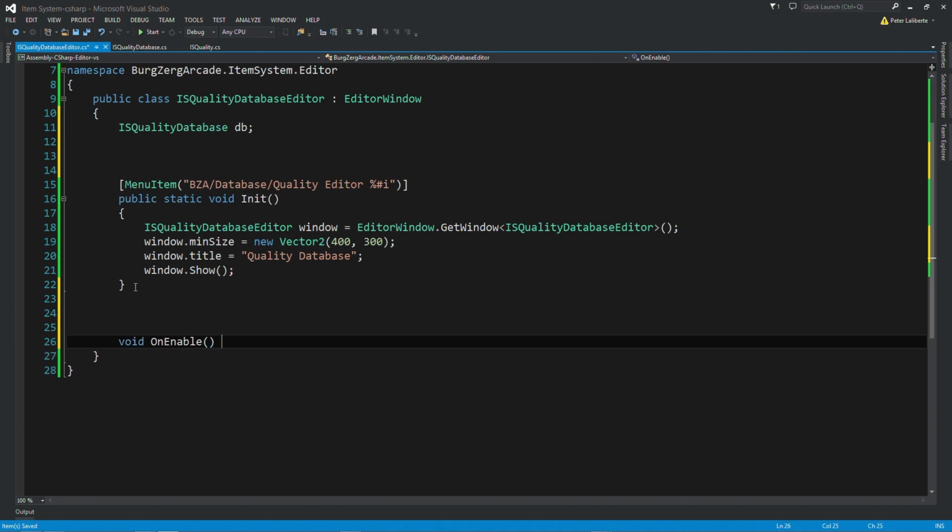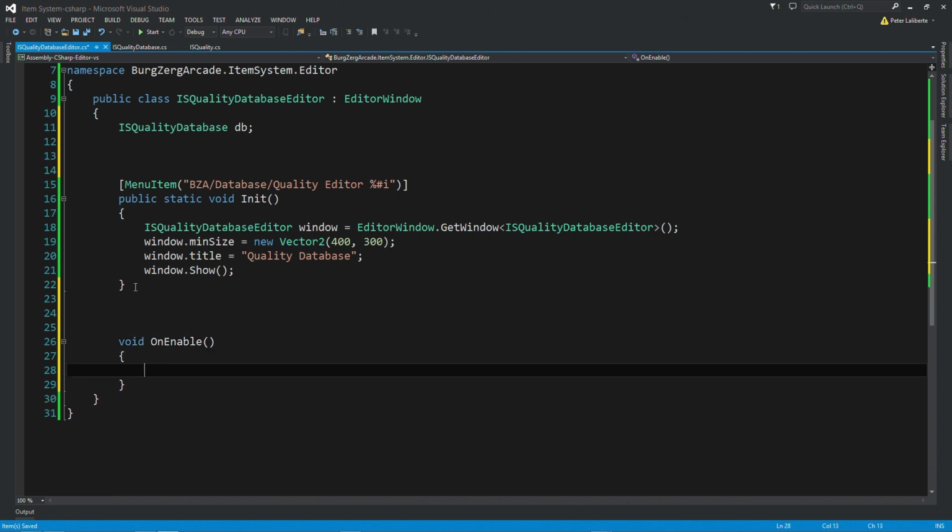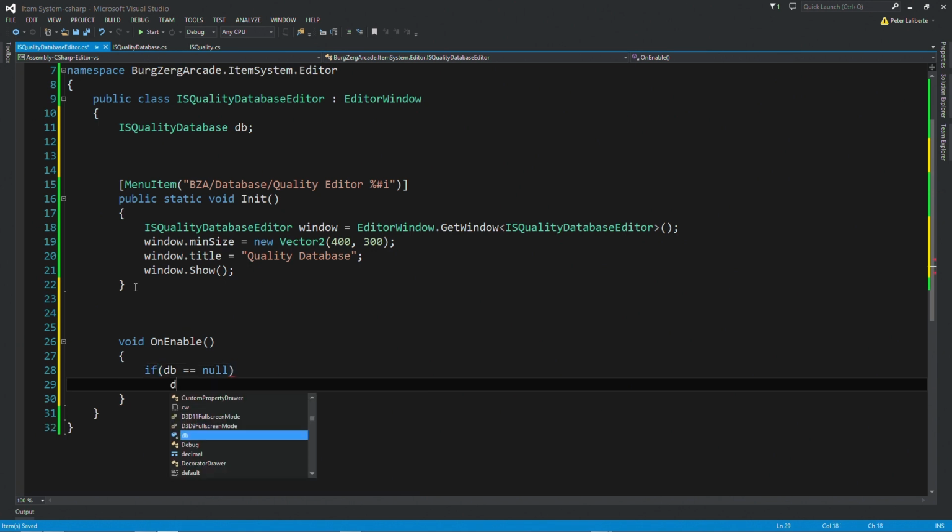This is given to you automatically. And in here, I want to go ahead and check to see if we actually have an instance of the database or not. And if we don't, go ahead and create one. So if DB is equal to null, so if we do not have a reference to it, we'll go ahead and create one. So DB is equal to